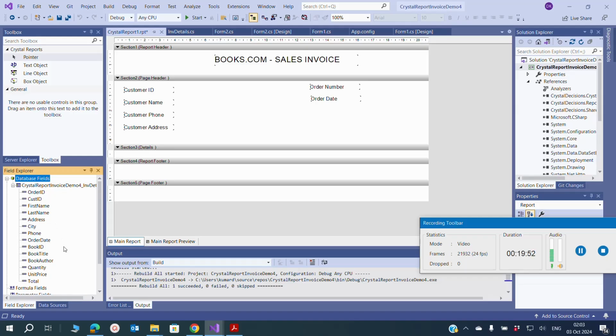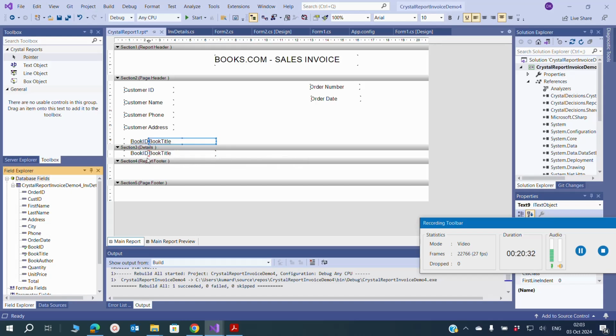Now what we are going to place here is we are basically going to place the section 3 details first. So section 3 details means we will be putting up the order line items. So we'll be putting up the book ID. You will see that there are two fields. The label goes up. It will be displayed like a column heading, and obviously there's a field down there which is over here. Similarly, you will be putting up all your details, book ID, book title,